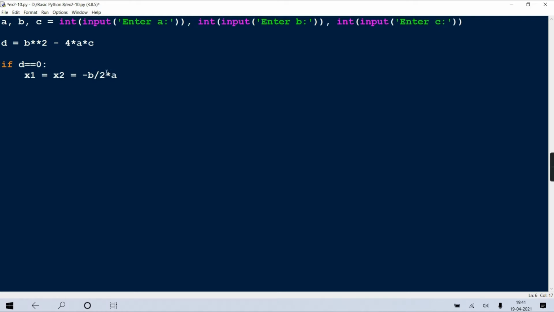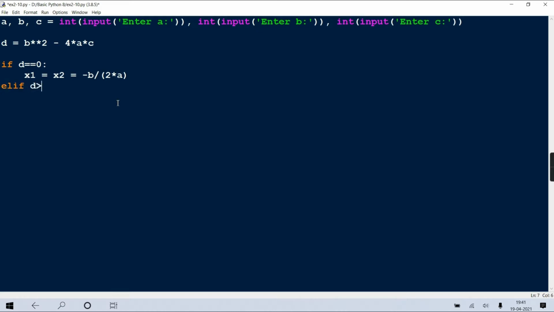Division and multiplication have the same precedence, so associativity takes place, left to right. It will first divide B by 2, and then multiply the answer with A, which will go wrong. Actually we have to divide by twice A, so I am putting this in brackets. So both solutions are the same because D is 0.